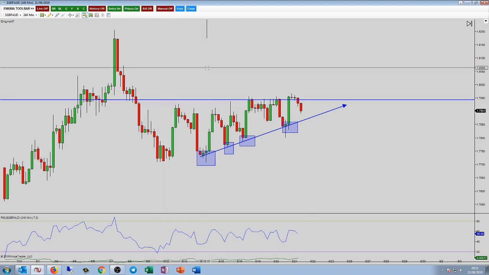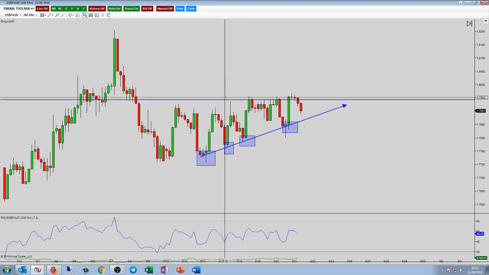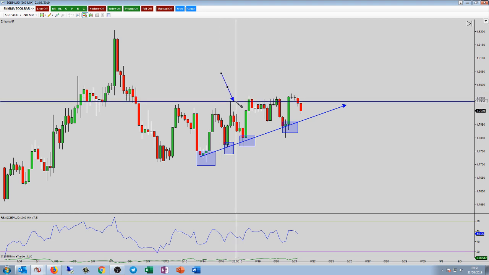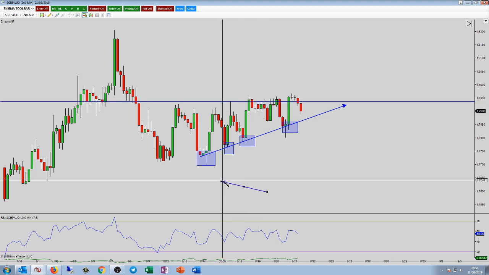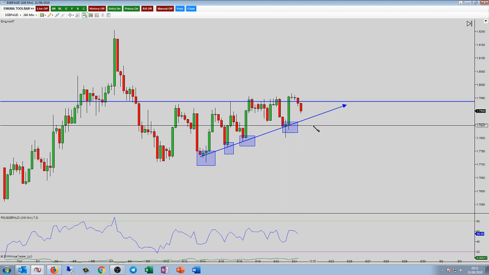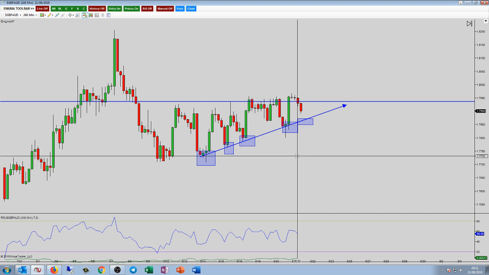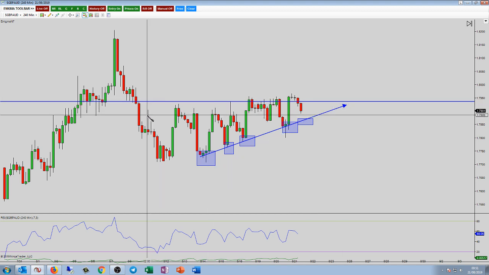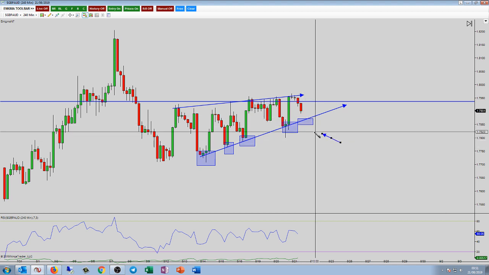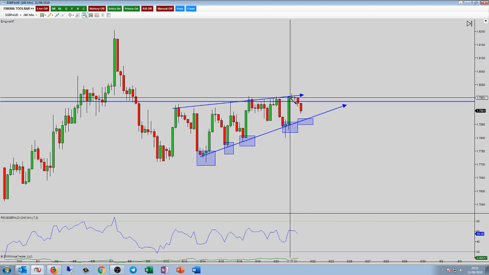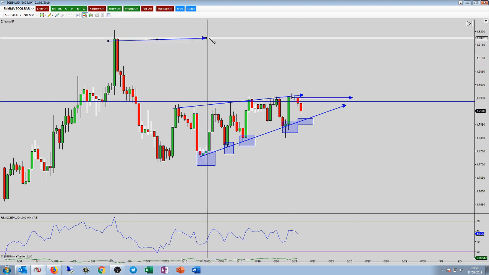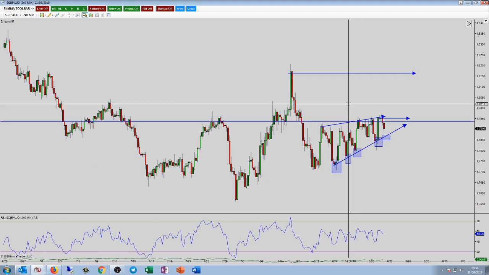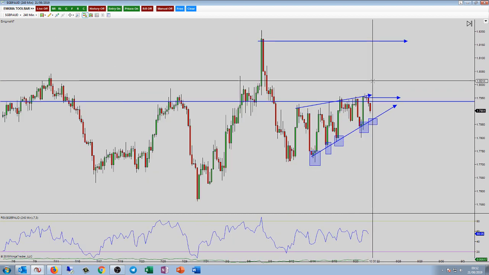Okay, so just here, this was the high previously. The highest watermark was here, and we did have a confirmed break above, close above, indicating that price is going to go higher. So this was a good area to buy down here, and once again, if the market now comes lower to this point, it would be another good area. As you can see, we've got an ascending trend line, and we've really got the market going higher. So if you were to get an entry down here, first targets would be a retest of the highs here. Secondary targets, guys, I would hold to see if we get a big breakout here to the upside.